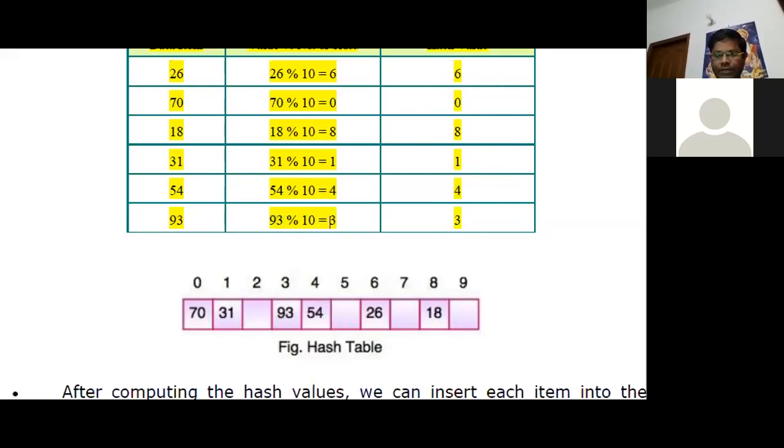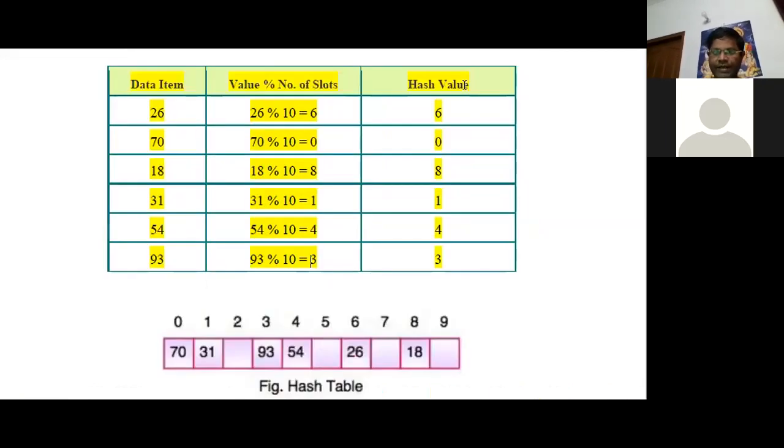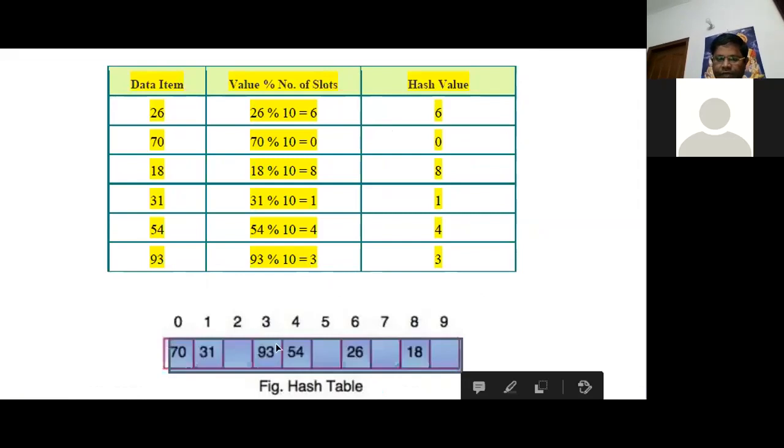So let's look at the picture. On the right hand side, we are writing the hash value that is obtained after using the formula, the key value modulo the number of slots. So these are the hash values: 6, 0, 8, 1, 4, 3. Now initially we have been given the empty table. Initially there are no values and we are just writing the indices from 0 to 9. So these are the indices that we are getting in the form of hash value, and here we have to